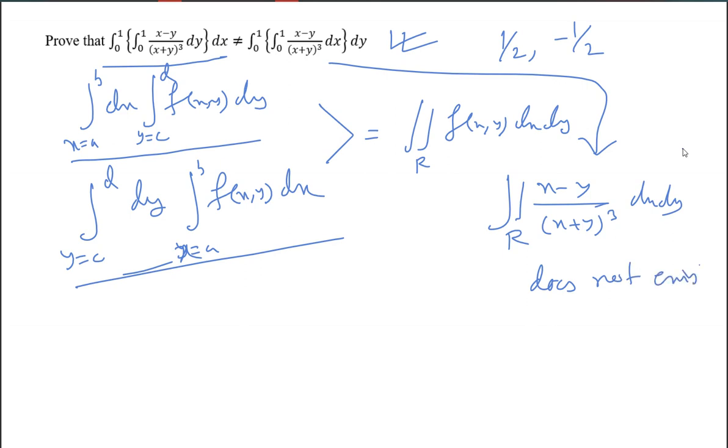In that case, when these two repeated integrations are not equal, we say the integral does not exist. Why does it not exist? At the 0 point, this function is not defined. If you put both x and y at 0, you get a 0 by 0 form, and it is not defined at this point. That's why it is not possible to integrate. I am leaving this portion to you. You verify yourself that these two integrations will give two different values.